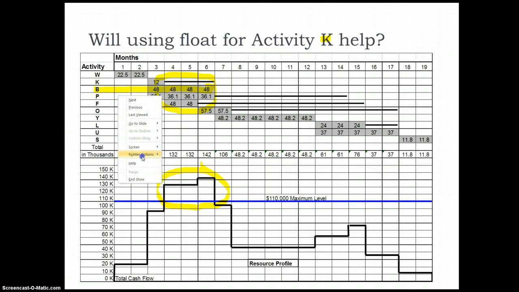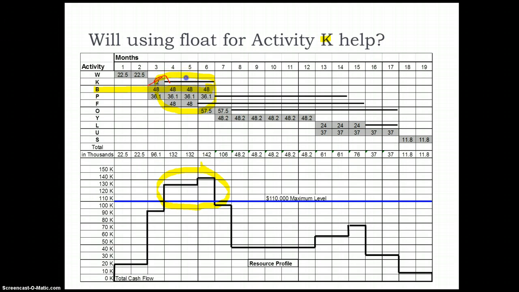So one possibility is that we delay the start of activity K and move it to either week 4, or month 4, 5 or 6. But that's not going to help us, because that's going to increase the cost overload further. So there is no point in delaying the start of activity K, because if you take it to